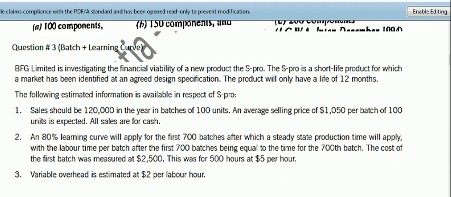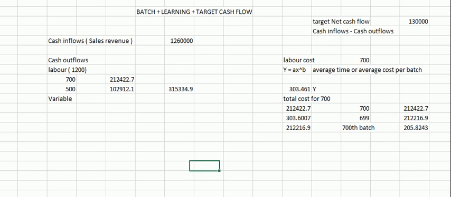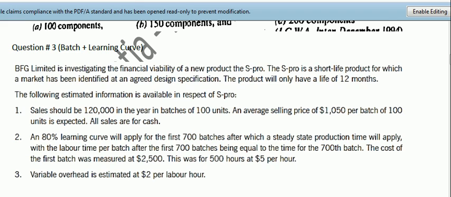Well, the next cost is our variable overheads cost. For variable overheads cost, it has been said that the variable overhead is estimated at $2 per labor hour. So to calculate the total variable cost, we can apply two techniques. Number one, we must multiply hours of labor by $2, which is the variable overheads cost per labor hour, and for this we will have to compute the hours of labor. A simpler approach can be, if you relate point 3 and point 2,